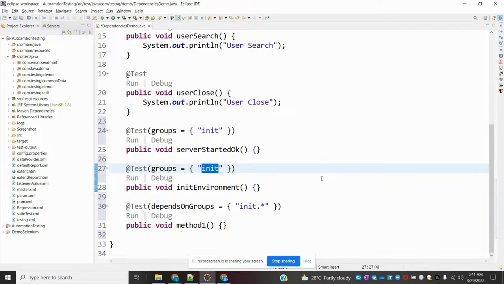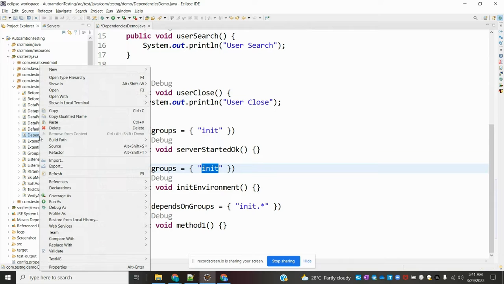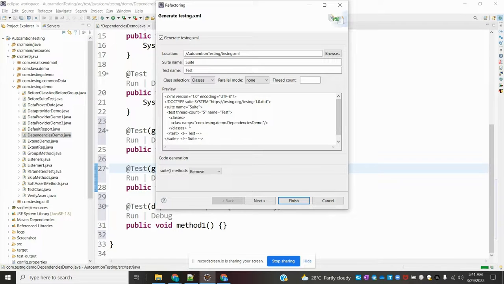Another way we can do it is for that particular class, dependency demo, right click on that class, convert to testng.xml. Here you can mention that. Okay, and dependency,